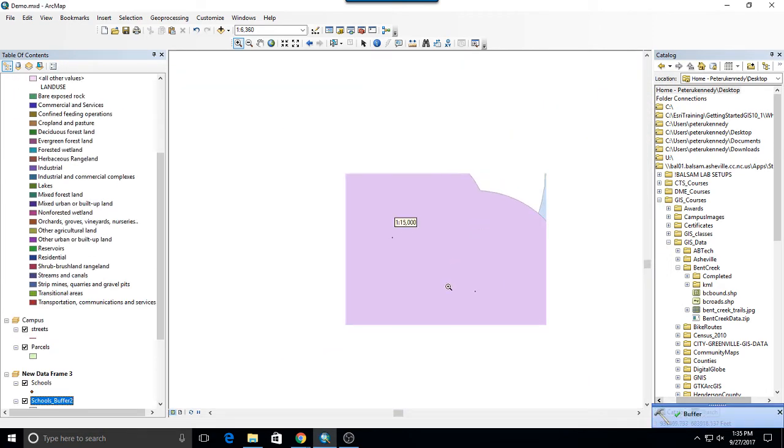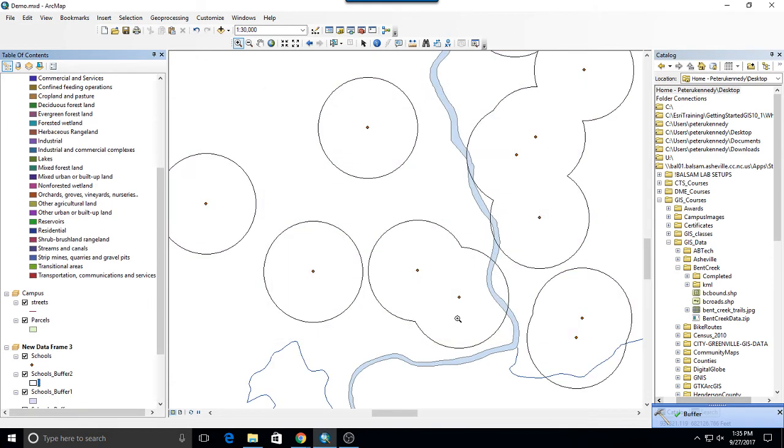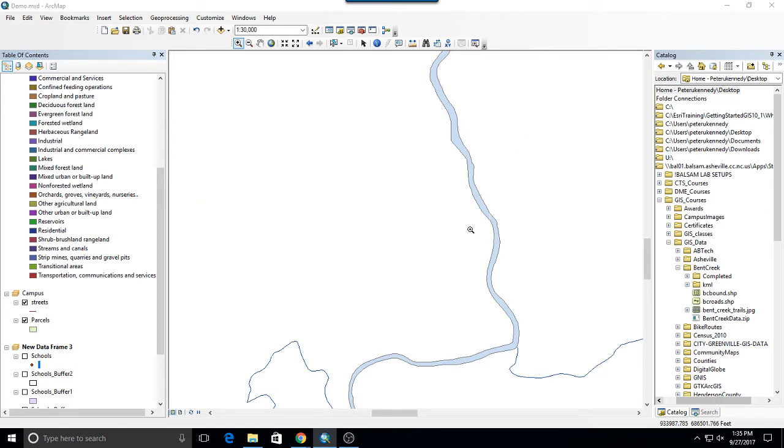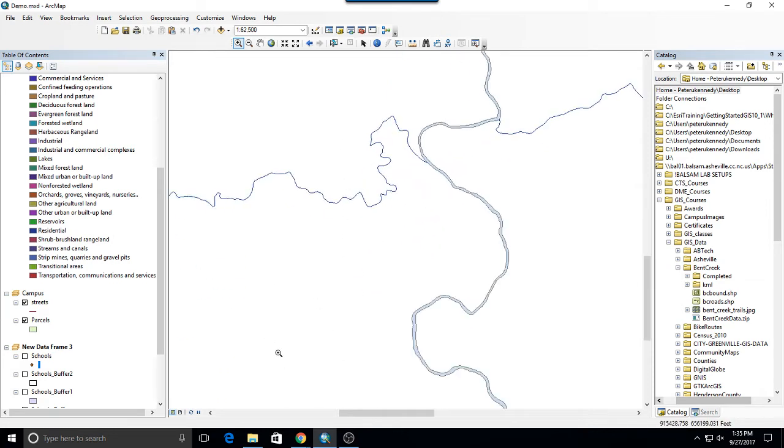There they are. Okay, so these, if we symbolize them a little bit differently, you'll see that they dissolve the lines and the buffers. Okay, so dissolve or not dissolve overlapping buffers are something that you should consider. Now, I say this because it's important, but there's one example where I see people not dissolve often, and you should. When you are buffering line features, like roads, I see people oftentimes, see how these streams are made up